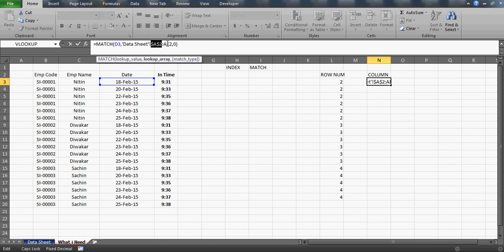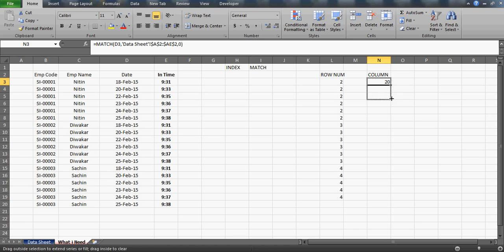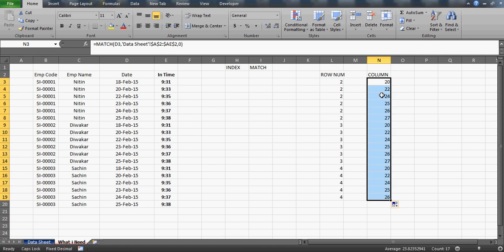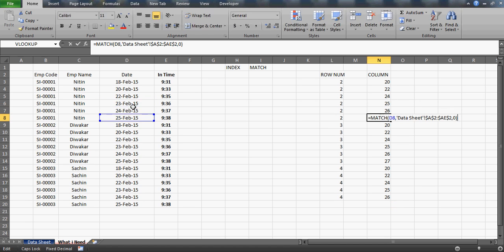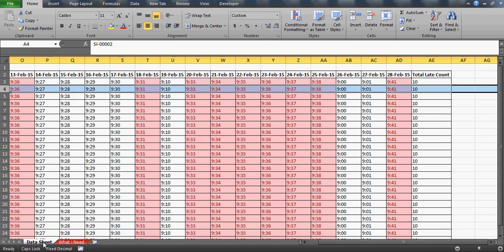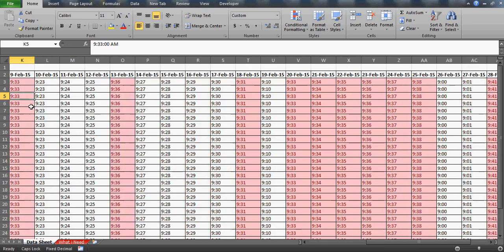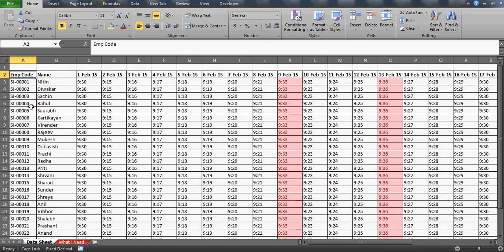Freeze the table, this, and drag this. Remember, I'm not freezing the D3 because eventually what will happen is, if you open the table, this 22 is going to be picked up, then this 23 is going to be picked up, and then so on, 25th. So what is happening is, in this table we are getting the two numbers. One is the row and the another is the column number. The first is the row number from this table and the second is the column number from this table, and whatever the intersection point we will have now using the index,